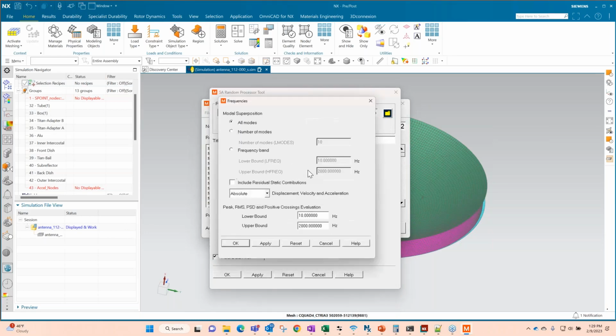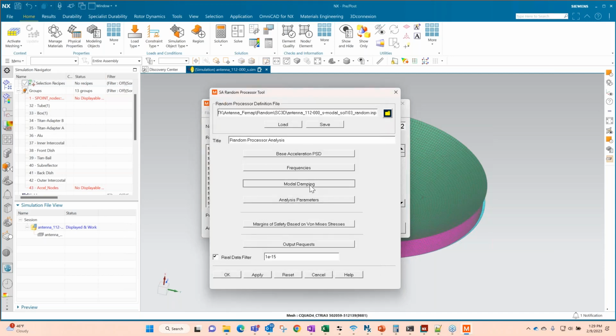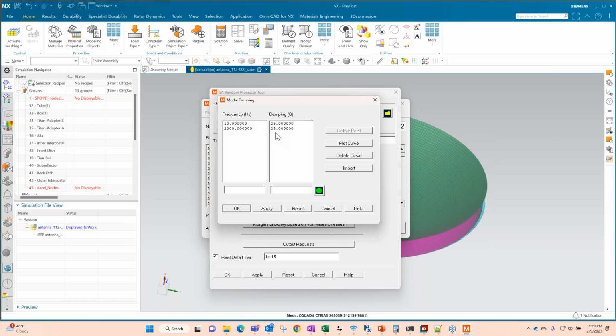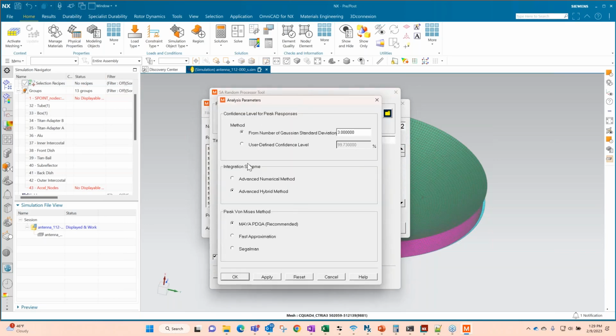We'll click OK, we've applied that. Frequencies, we're using all the modes. I did solve the modes with ResVec, so we'll include that. Modal damping, standard 2% damping, won't bother with that. And then here's where you can set your confidence level.